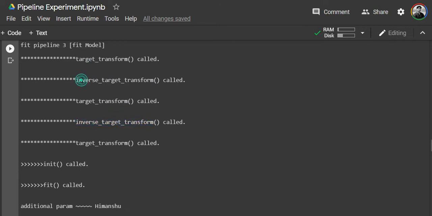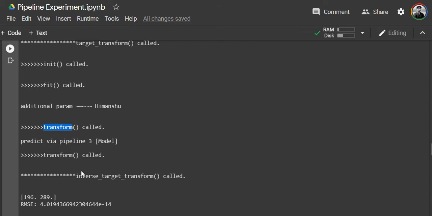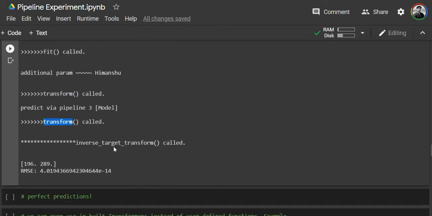Target transform, then inverse, then target transform, then inverse of it, and once again target transform, and then the fit was called, the transform was called, and when the predictions were made, the final transform was called, and finally inverse target transform was called. I can understand this as the last step because the predictions have to be converted back.